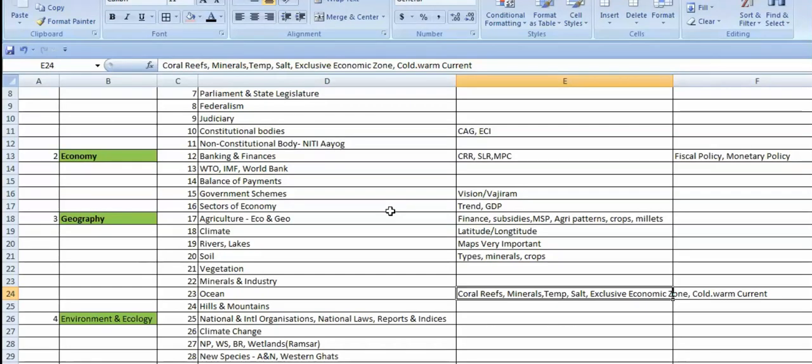The minerals available in the deep water, deep sea. The temperature. What is the temperature? The ocean currents. What are the currents that are flowing, and salt level? Somewhere the salt level is more. When there is a mixture of river water in the delta region, what is the salt ratio? Now, these are very basic things. And when there is a delta area, new life forms tend to be created. So what are the specialities when the salt is less? And all these things you have to just have a basic idea.